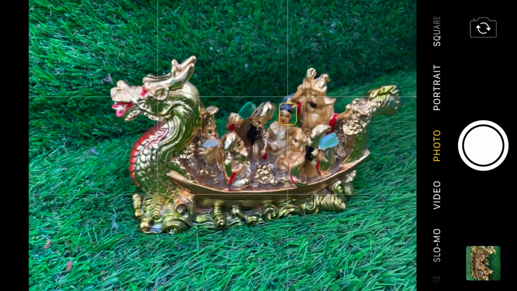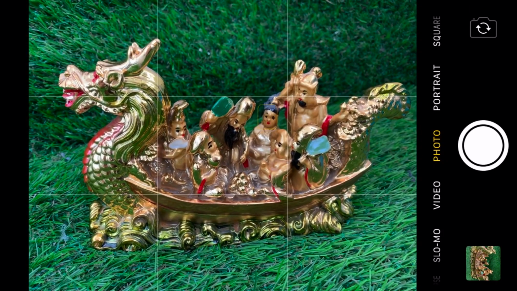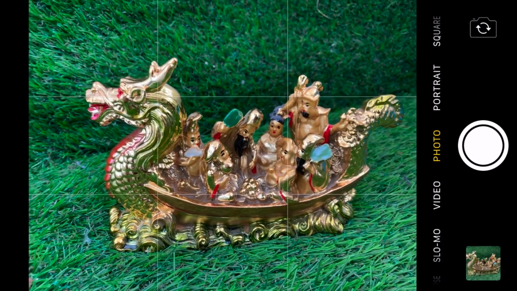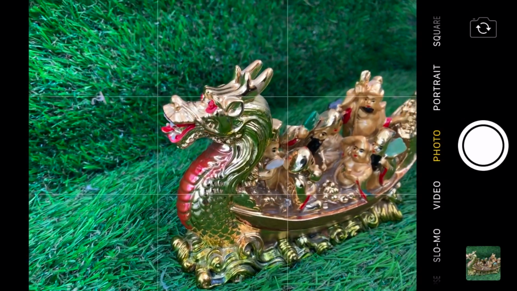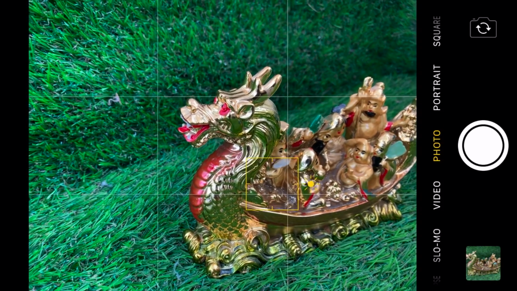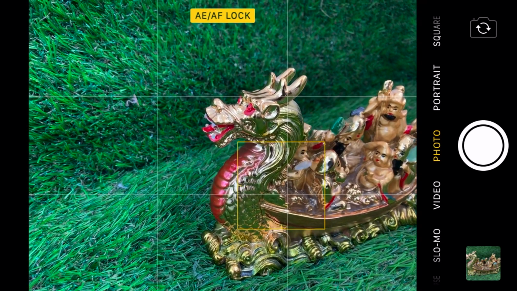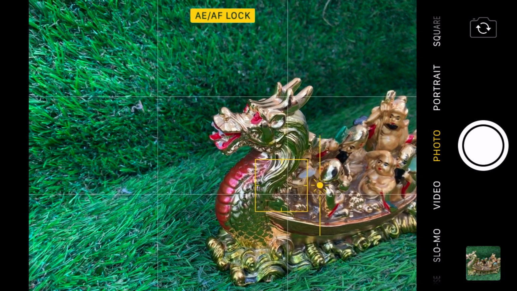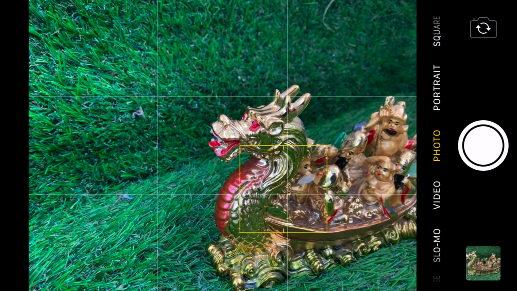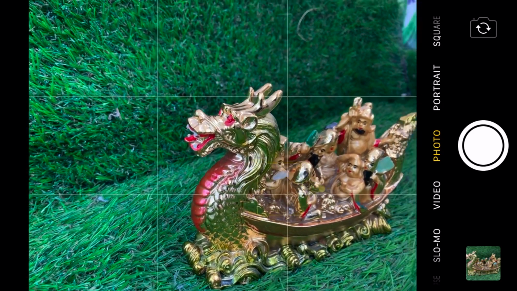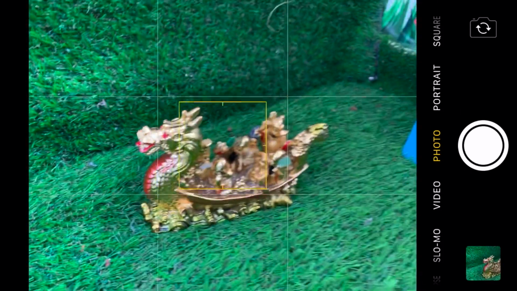Imagine I have to click a picture. Instead of keeping the object in the center, imagine if I click a picture where I'm keeping the subject towards one third of the screen, right? So that's the one-third rule of photography that I was talking about. Always make sure to have your subject towards one part of the screen so that you can see the subject as well as the background behind the subject, so that your eyes go towards every angle of the picture and not just the object which you want to highlight. So that's a pro tip over there.